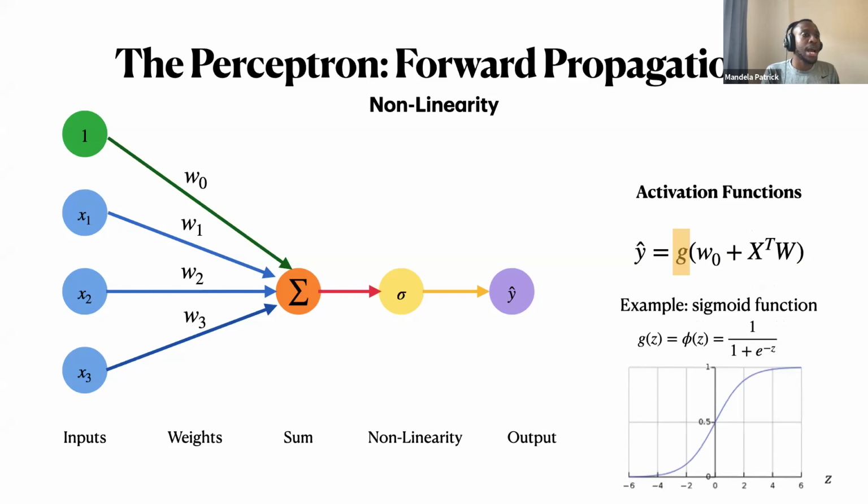One common activation is what we call the sigmoid function. What that essentially does is that any output you get is squashed into the range between 0 and 1. If you look at the curve, it's an S-shaped curve. As you go to negative infinity, the value is 0, and as you go to positive infinity, the value is 1. So as you go along the x-axis, the y-axis values always stay between 0 and 1.